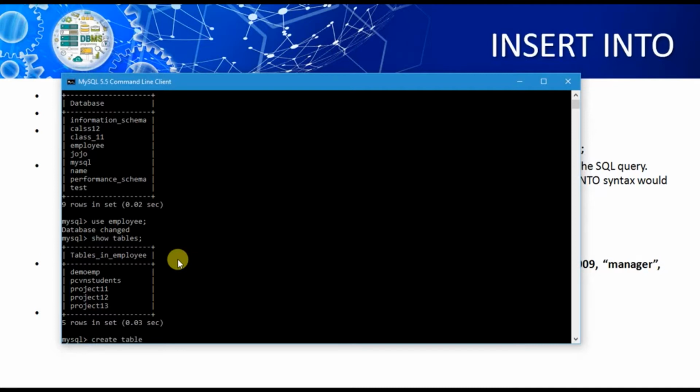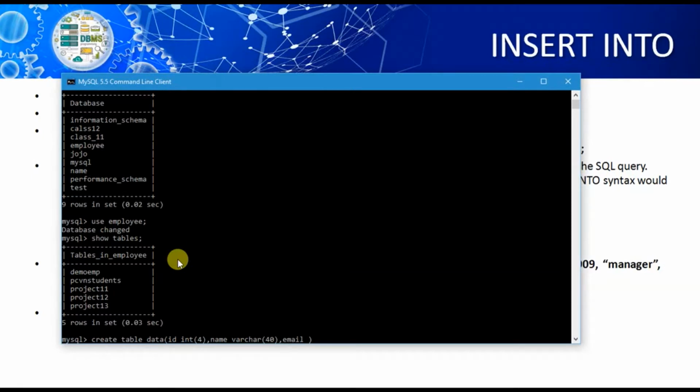This time I am taking the table name as data, and my table will contain ID, which I am taking as int, name as varchar, and email. Email I am taking as text.